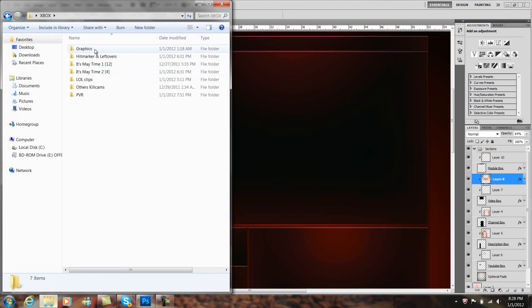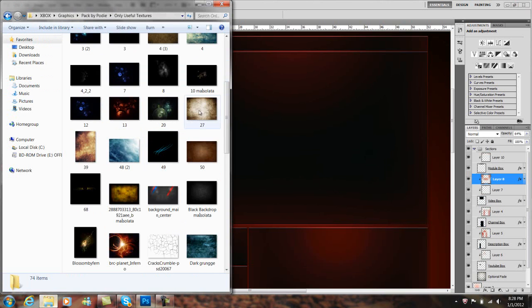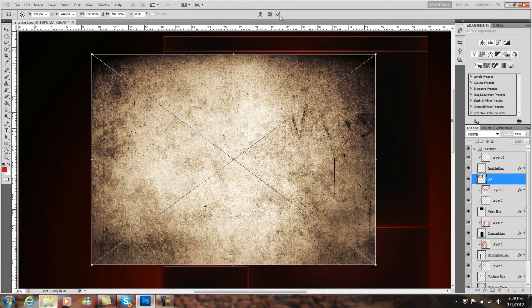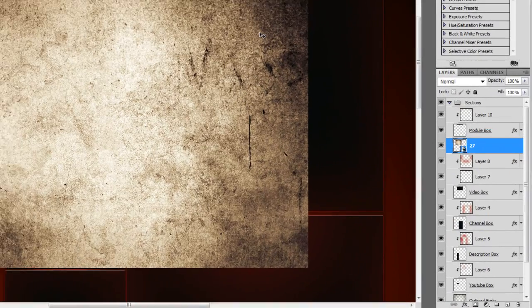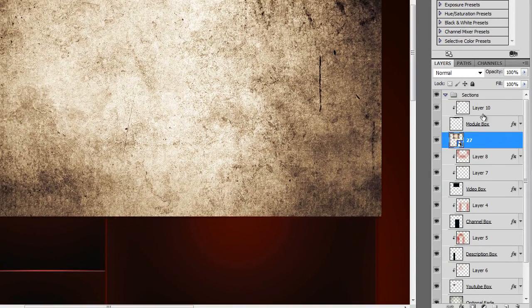And let me see, I'll do this one. Pretty nice, I guess, for this. And whenever you do this, you see how the edges are darker. You don't want that on here, with all the darker spots in between. You don't want it to look like that because it makes it look really sloppy and unprofessional. It looks like you just started GFX if you do that. So just put that over this